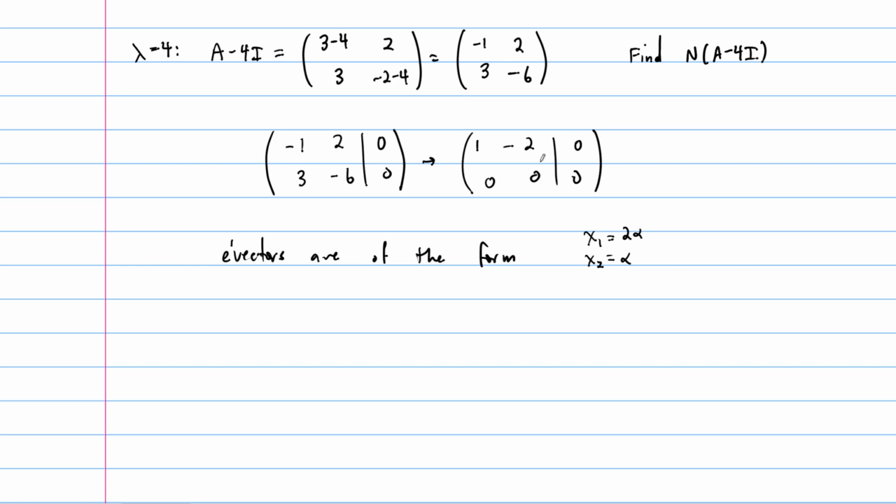Let's just move this over, equal to 2 alpha. And so this means our eigenvectors corresponding to this eigenvalue lambda equals 4 are of the form alpha times (2, 1). Any number alpha except for 0 will give us an eigenvector. Of course, that means alpha is not 0, but any other value of alpha gives us an eigenvector. And so actually what we end up with is an entire vector space of eigenvectors